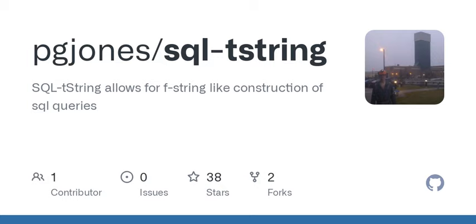Now, SQL-tString operates with a set of rules and contexts. It's like having a chef's guide that tells you what ingredients, in this case, table or column names, you can use in your recipes. If you try to throw in something that doesn't belong, it'll raise an error, keeping your